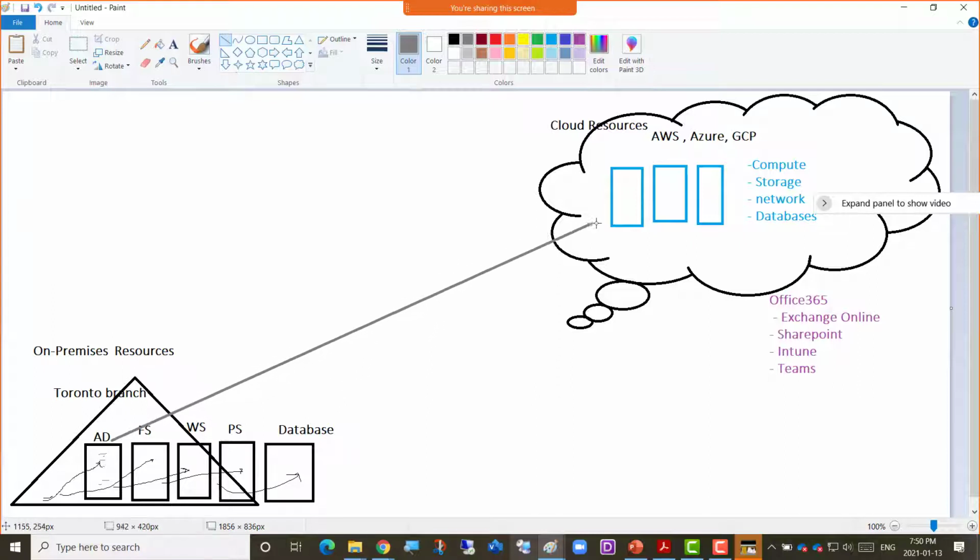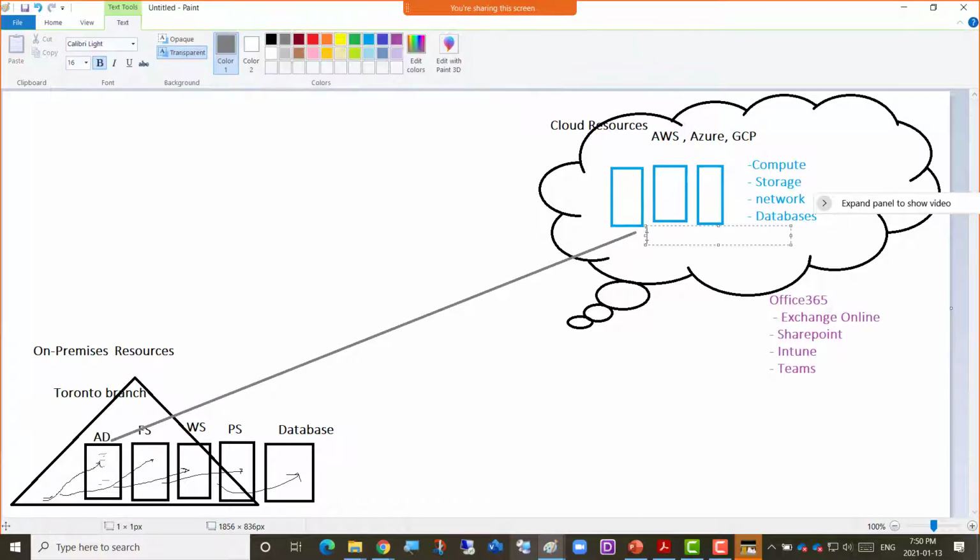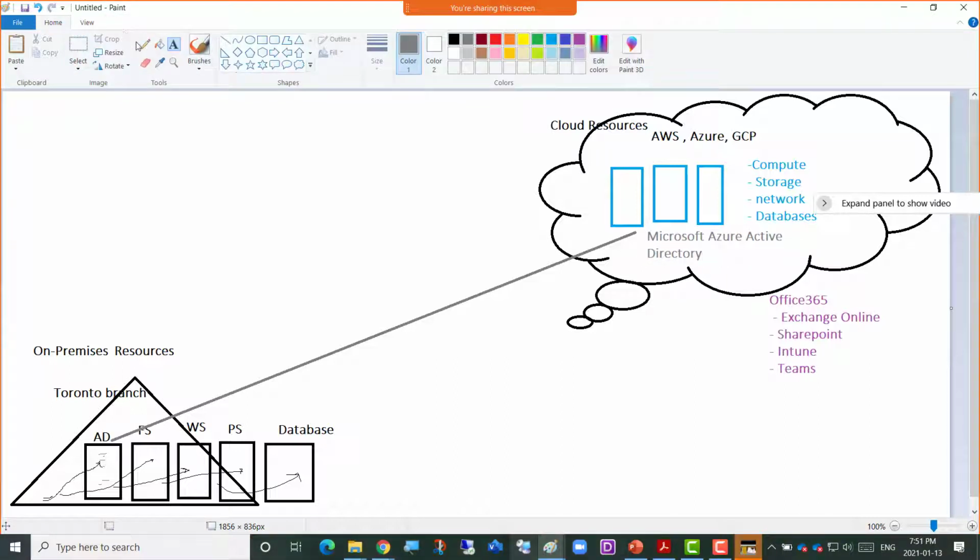So the cloud also provides Active Directory. Microsoft Azure Active Directory is there as well. It is a security guard, and that security guard just makes sure that whoever is about to enter the cloud and use the company applications should be first authenticated and then authorized.